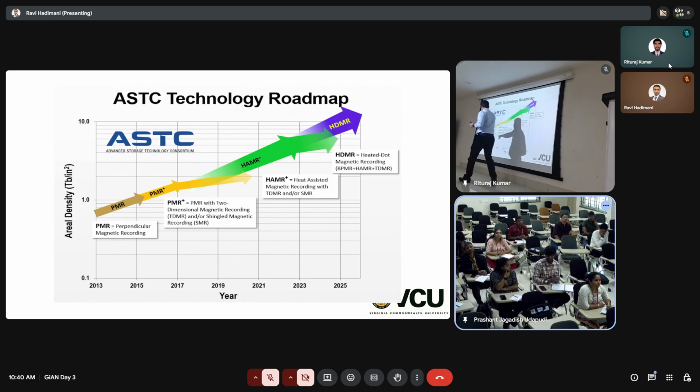So this is PMR, that is perpendicular magnetic recording. What you saw in the video is parallel, right? It's not perpendicular, it's lateral. So that is an old video as well. Now you have perpendicular media. That increased storage density quite a bit. And then came PMR plus. I don't know what that did, but after PMR is HAMR, heat-assisted magnetic recording. That increased the density quite